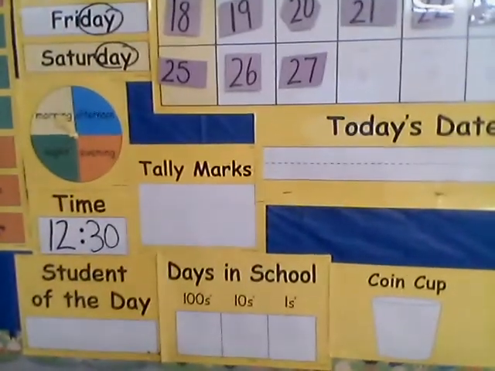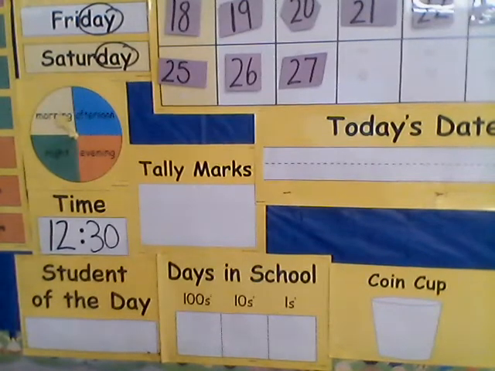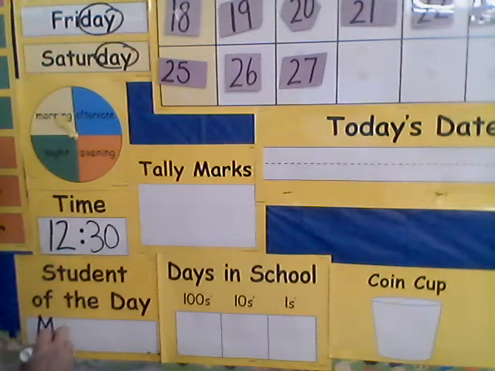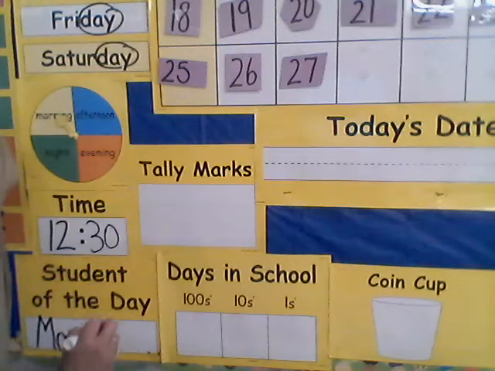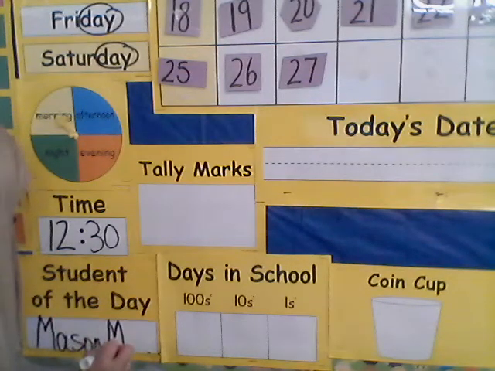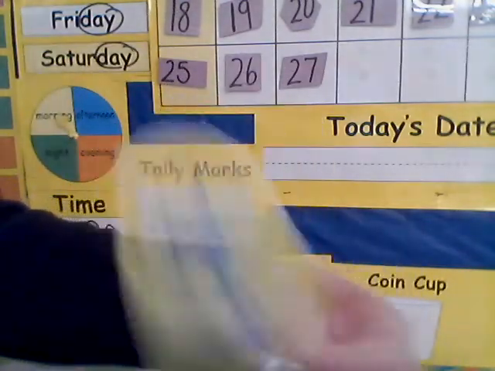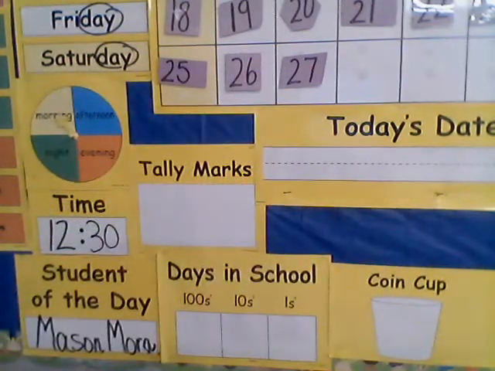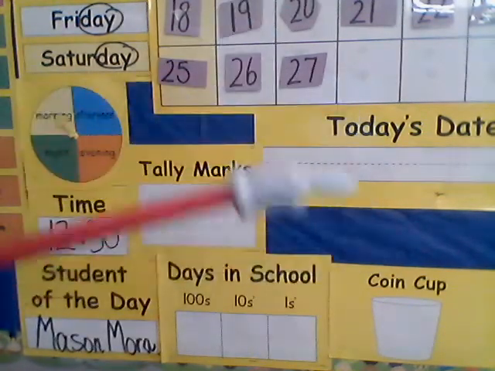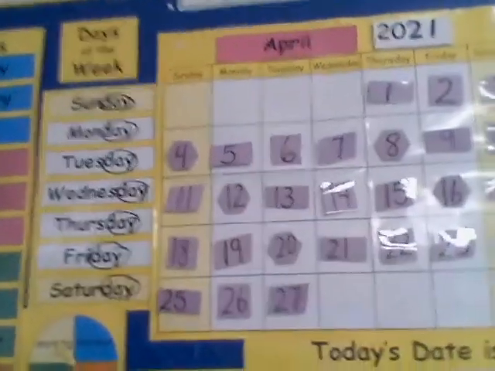So, under student of the day, I will write Mason Mora. Okay, and then Mrs. Harrow would give Mason his student of the day sticker, followed by giving him a pointer and saying, all righty, young man, you are on. And Mason would say,